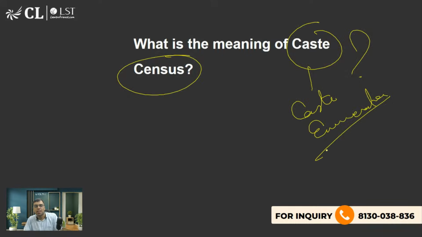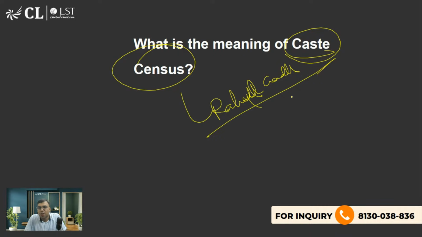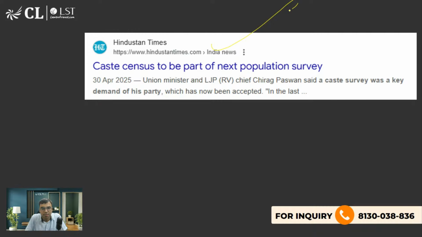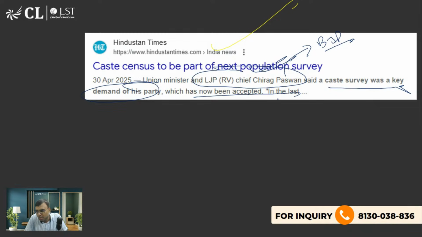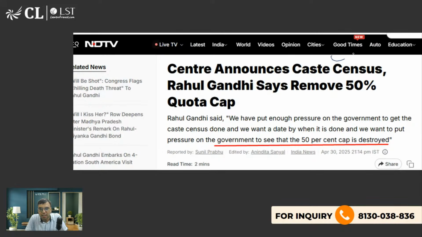There were a lot of debates that happened. So basically this was actually started by the opposition, Mr. Rahul Gandhi and Mr. Tejashwi Yadav and others. Actually they started talking कि we need caste census. So initially it was opposed by the ruling government or the BJP, but later on they agreed to the caste census. So the ruling government has said that okay, we will do some kind of caste census. LJP RV, he's actually Mr. Chirag Paswan, he's in alliance with BJP, na? He said a caste survey was a key demand of his party, and that has been accepted now. So this year the government has actually accepted the caste census, and they'll say that we'll be doing caste census.